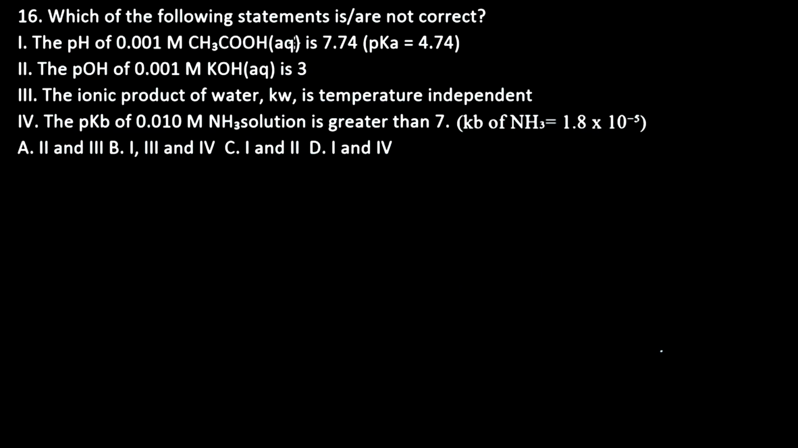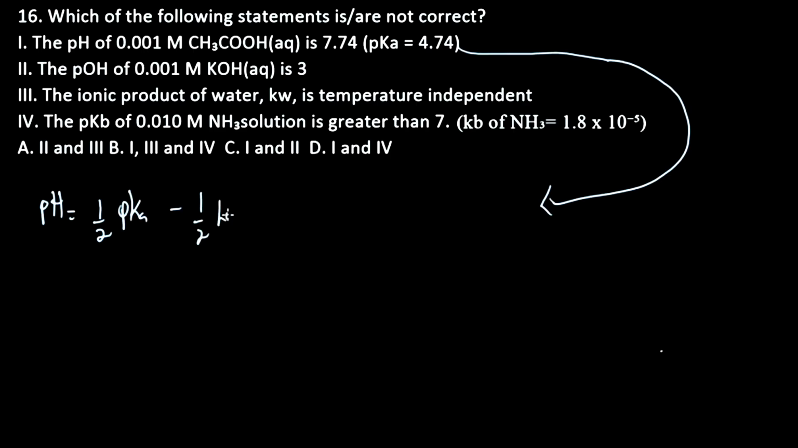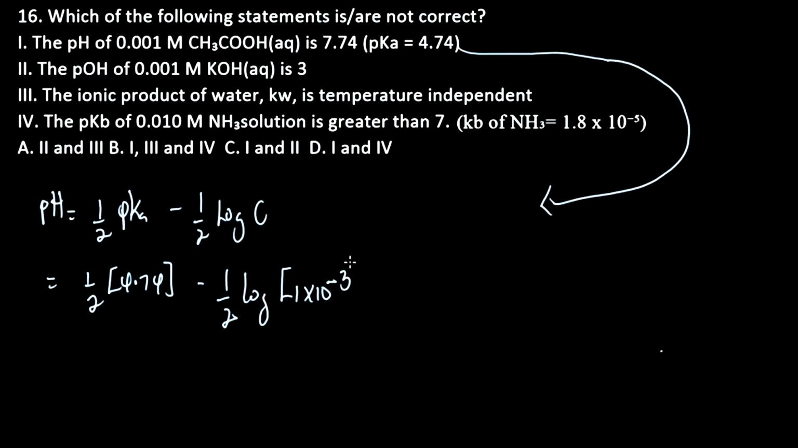So let's look at this question. Which of the following statements is or are correct? The pH of 0.001 molar of ethanoic acid is this. Remember that this is a weak acid, right? So pH of 0.001 molar ethanoic acid is 7.74. Let's confirm if the pH is 7.74. The formula for calculating the pH of a weak acid is 1 over 2 pKa minus 1 over 2 log C. So we have our pKa to be 4.74, minus 1 over 2 log C. Our C is 1 times 10 raised to power minus 3. So we have 2.37